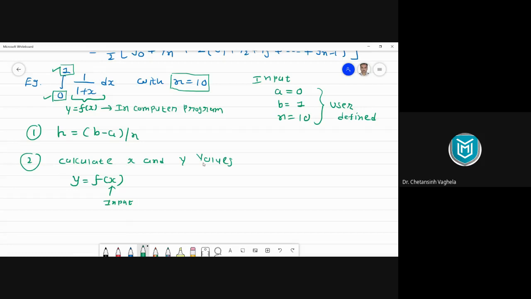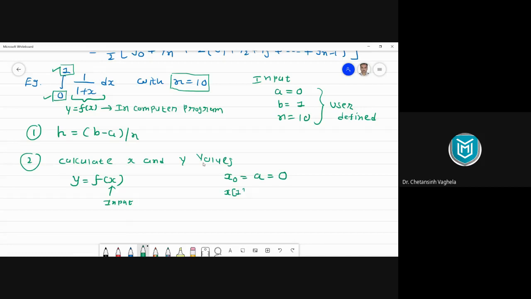So now let's try to understand how we can generate the values of x. For that, try to understand the logic. Your first x value, that means x0, is always your lower bound a. So here in this example, our lower bound is 0. So your first x value is always your lower bound. Then how can you get your next x value?